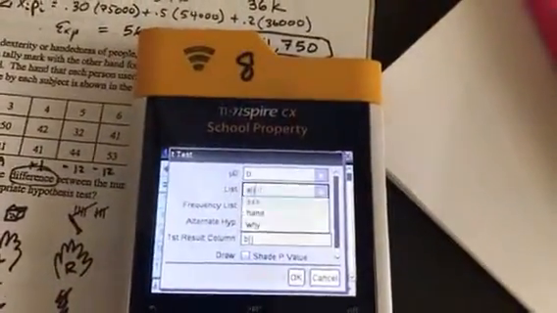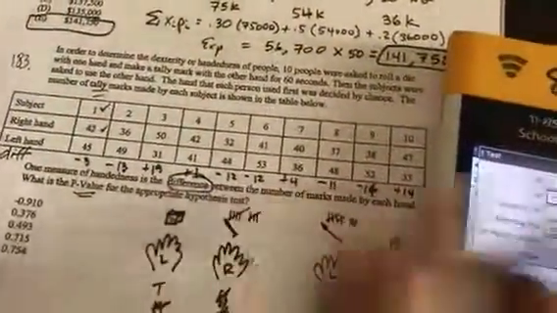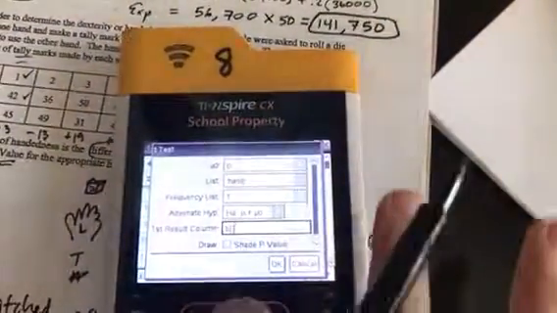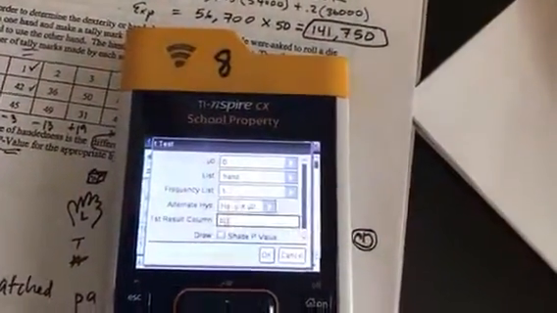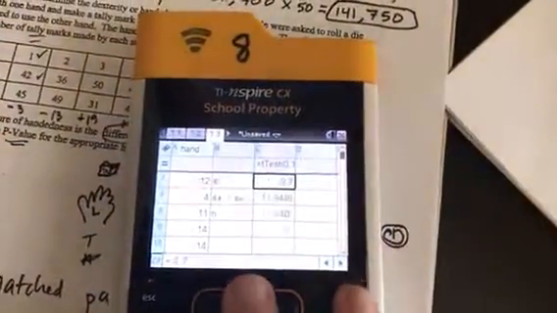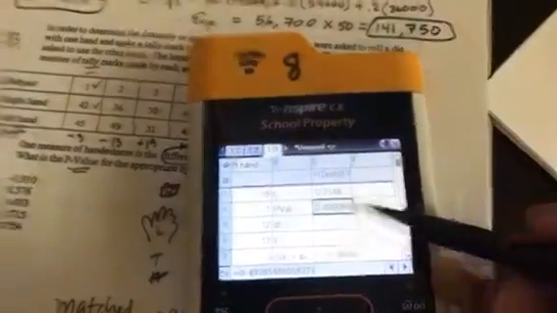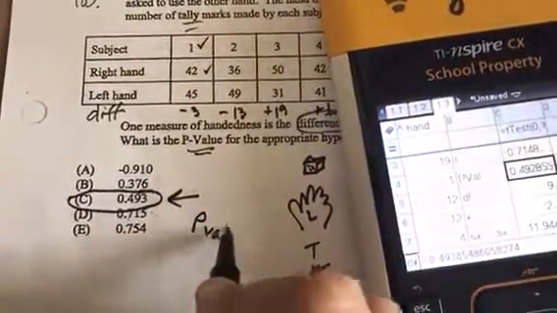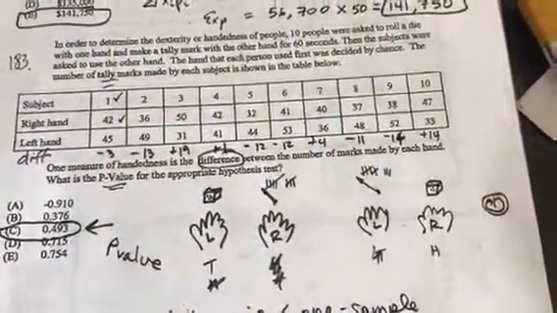And then my list here is the word hand. And so these numbers, if they were exactly the same, would in fact be 0. And those are my list. Yep. And then I believe that my alternate hypothesis is just that it's something other than 0. So I'm just going to leave that, hit OK, and go up here and look at my p-value. I get a p-value of 0.493. And I notice, yep, here we go. And so I did get a pretty high p-value because it does appear as if sometimes the left hand is better and sometimes the right hand is better.